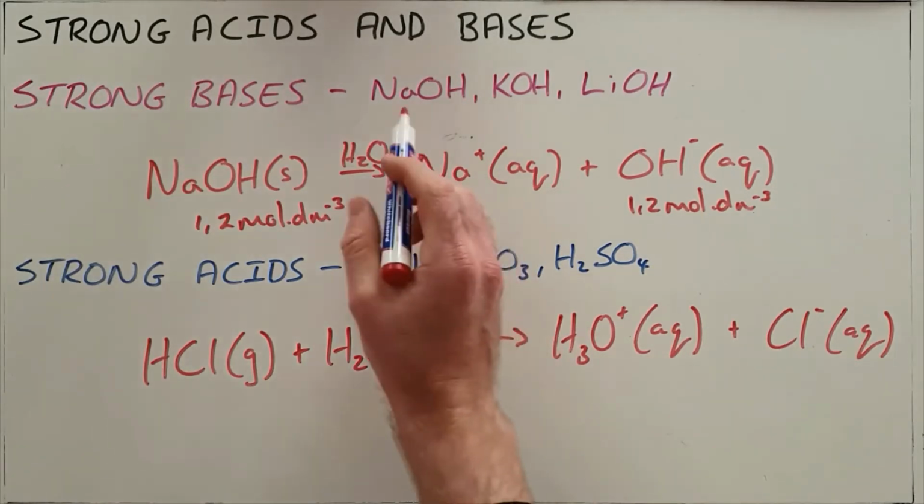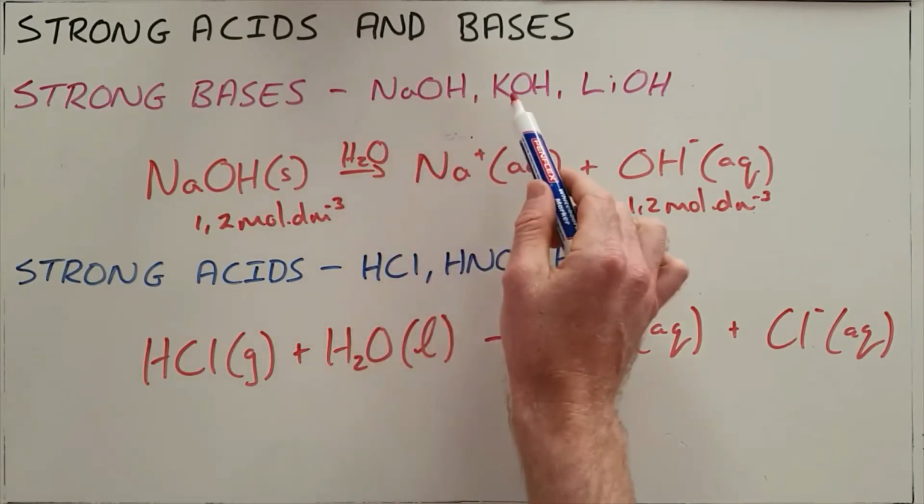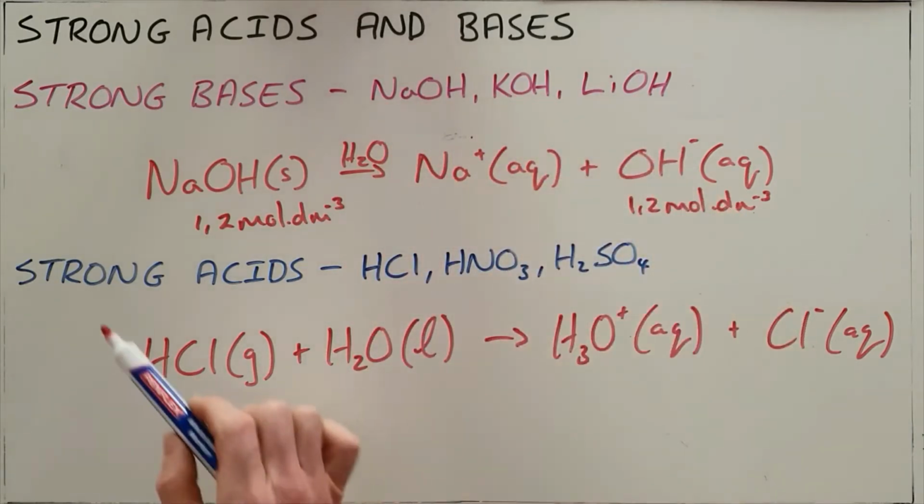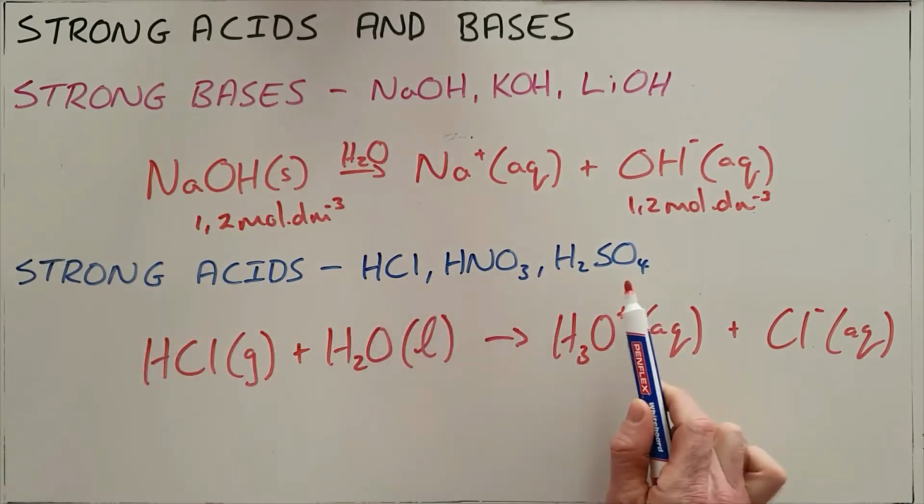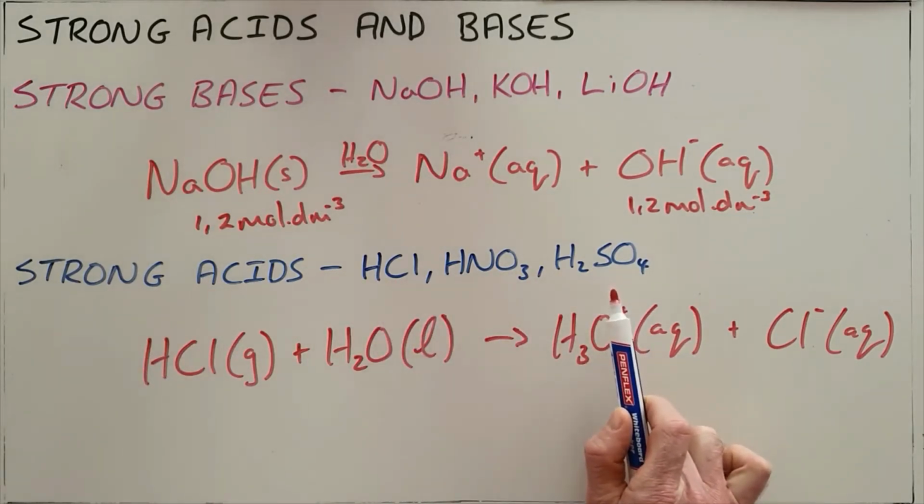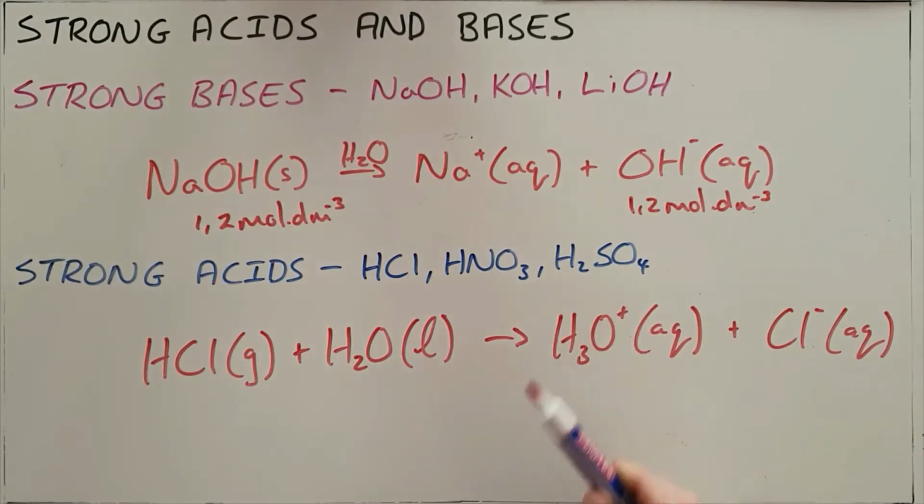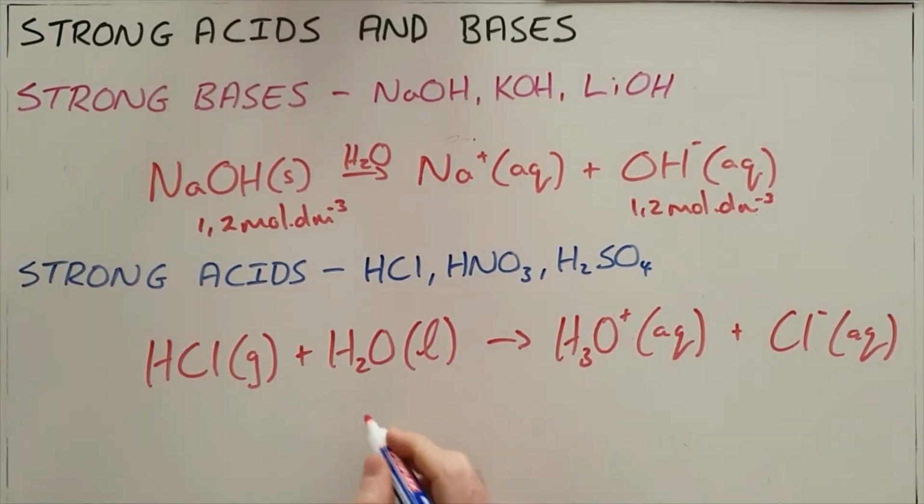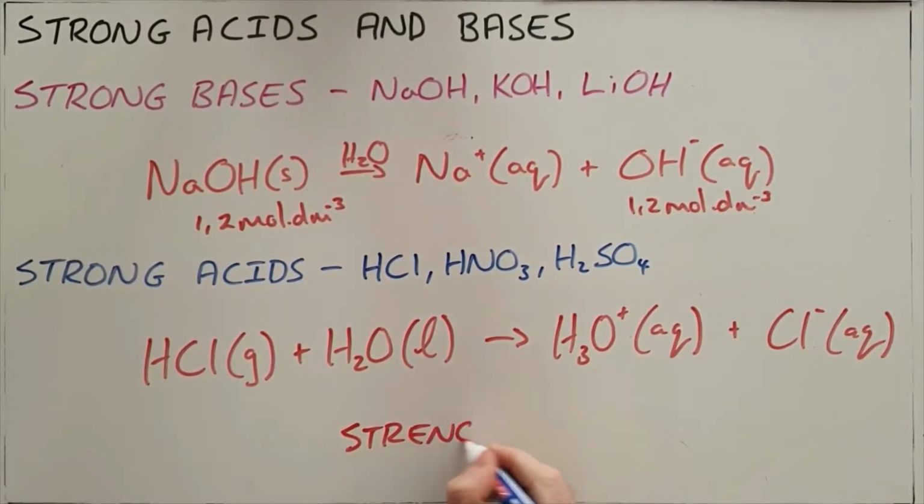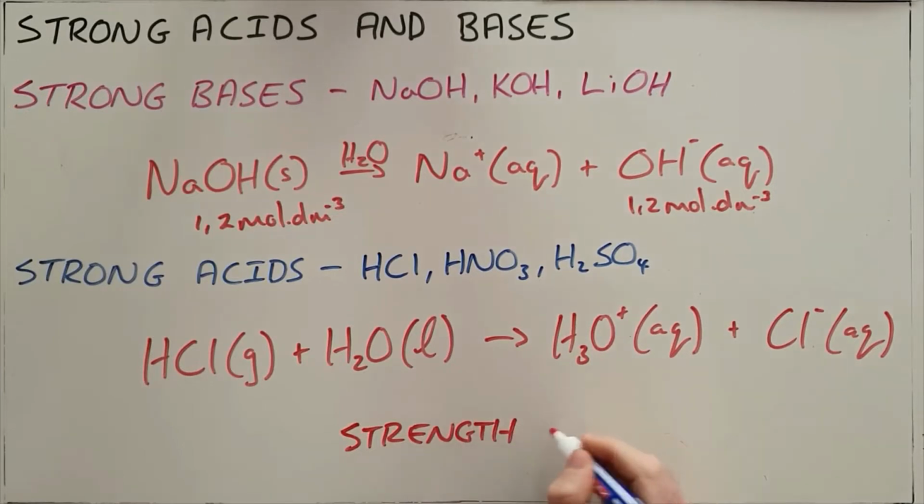These are the common strong bases: sodium hydroxide, potassium hydroxide, and lithium hydroxide. The common strong acids are hydrochloric acid, nitric acid, and sulfuric acid. Most other acids and bases are considered either weak or medium, and it is typically these that are considered the strong acids and bases. It is important to realize here that the strength of an acid is completely independent of